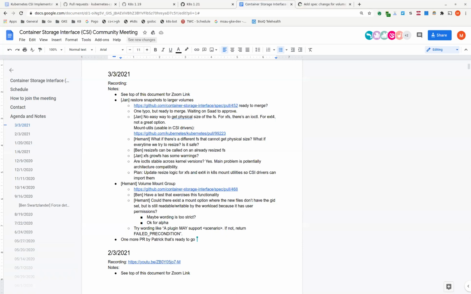So the available capacity, we still need it, right? Because I thought this maximum volume size that he's adding is just to indicate how big a volume could be. It's like when you fit boxes, how big a box can be. It's not about the total capacity available in the back end. My understanding is that he plans to replace the use of available capacity with maximum volume size.